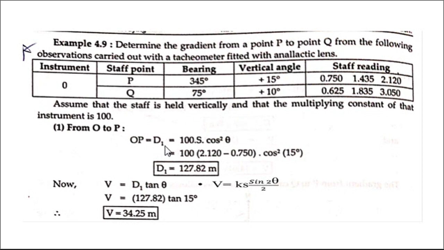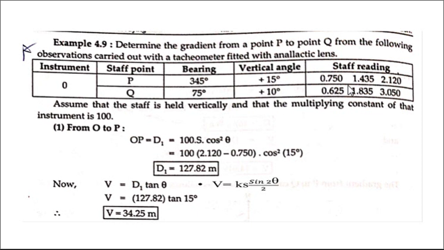Now the data is given, instrument station is at O. Stops are kept at point P and Q. Then bearing also they have given. First bearing is given 345 degree and the second bearing they have given 75, and the vertical angles from O to P is plus 15 degrees and from O to Q is plus 10 degree, and the steady readings are